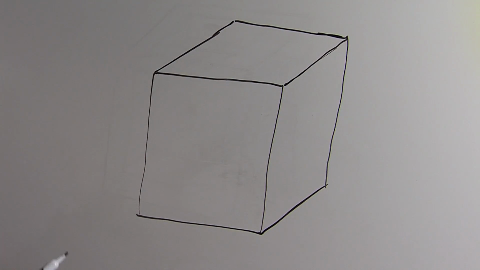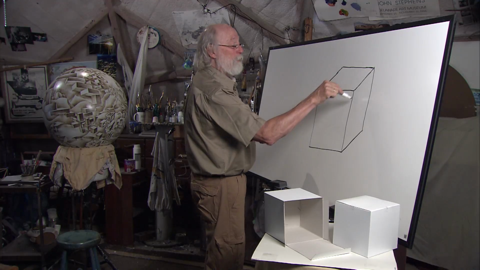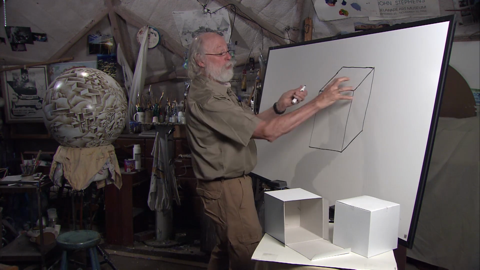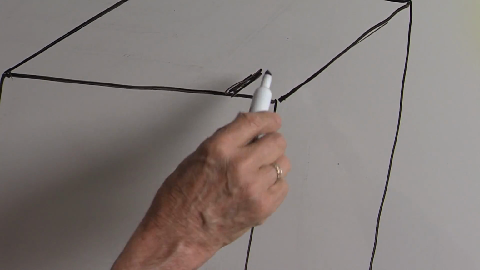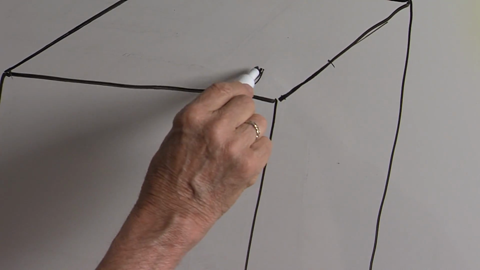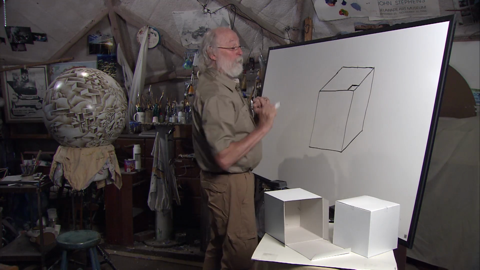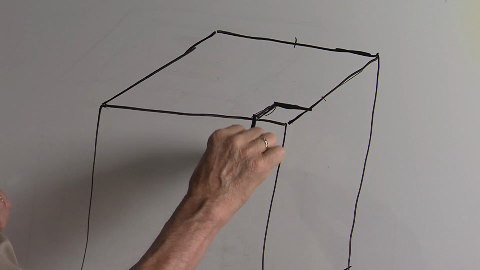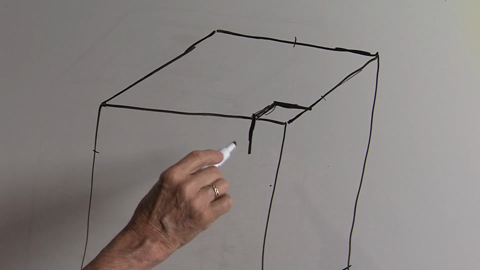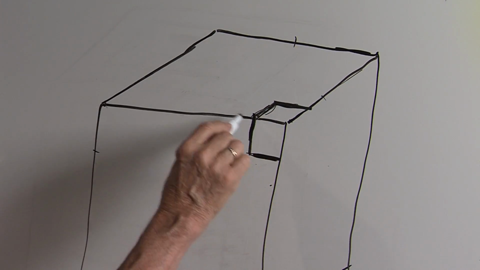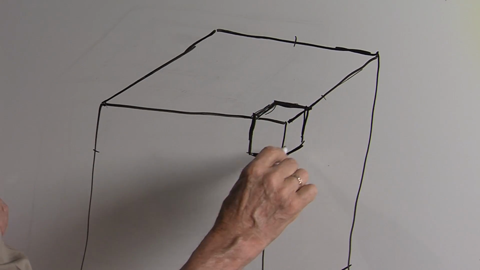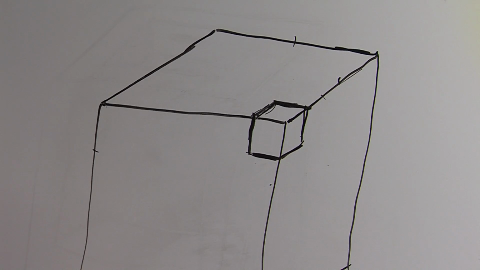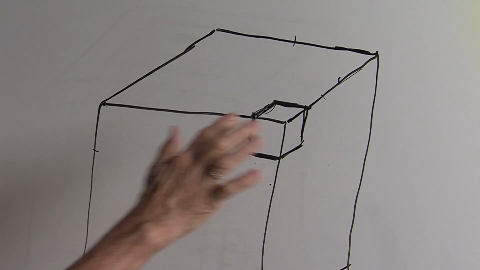So we have the basic cube. Now if we want to chop a hole, take a little cube right out of that corner, you have to first have the cuts. This line runs like this one. This line runs like that one. This comes down like this line or this line. Cuts across just like this line. Down and back in space like that line. Now we're going to remove that cube out of there.